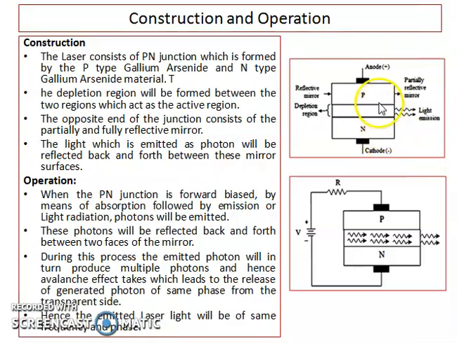And from the diagram we can find that this is a PN junction, that is why we are calling it a diode, and we have a space through which the light is emitted. Like other diodes, we have to forward bias it. This diagram shows a forward bias, and we find that a large number of photons, or photonic energy, is emitted due to the avalanche multiplication process.